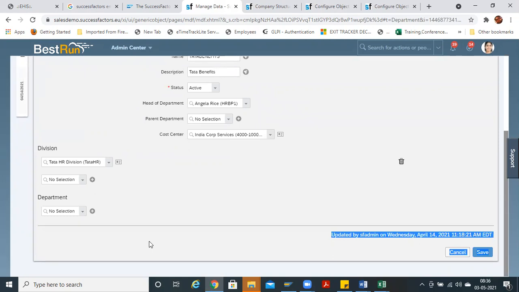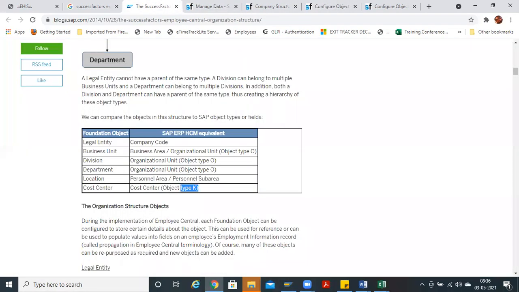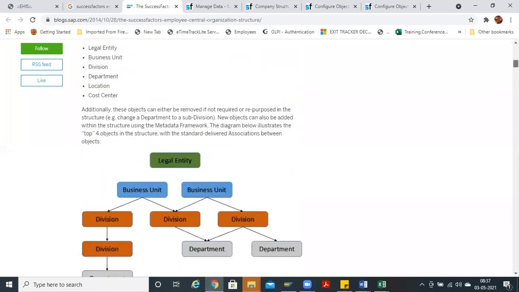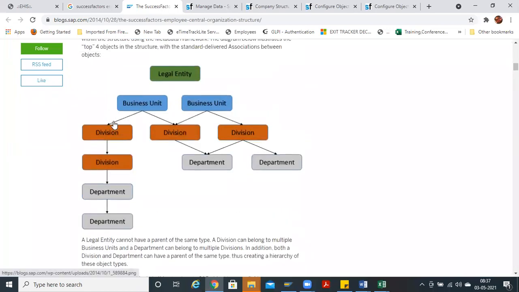Yes, sir. But Arpan, when we are doing the association, basically we are linking up the data, right? Yes. Linking means we are just creating the individual objects and doing this tree line, like what I'm saying.